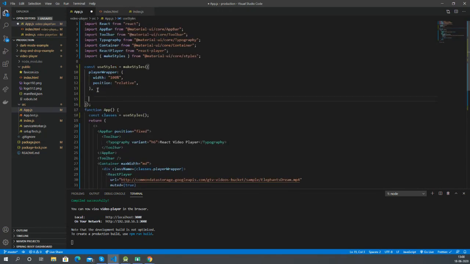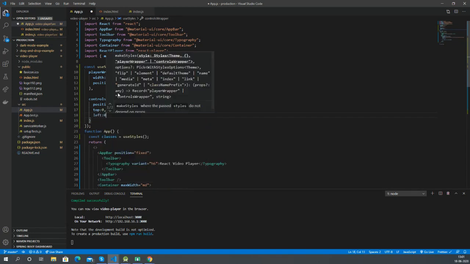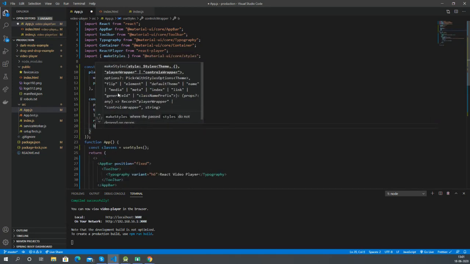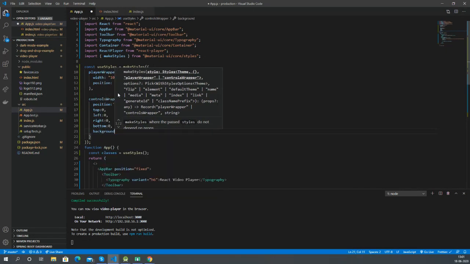For the controls wrapper we are going to make it such that it has a position of absolute. We will have the top, left, right and bottom as 0 so that it spreads throughout the player wrapper. So now it covers the player wrapper.